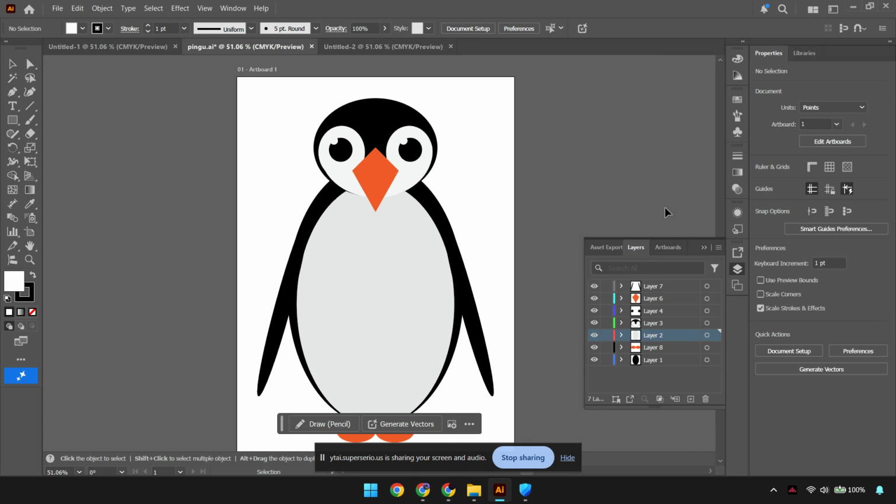Another thing that often triggers Error 8705 is when the active layer is different from the layer that contains your selected objects. In the Layers panel, the active layer is the one that is highlighted. Sometimes your objects are on one layer, but Illustrator is trying to run the script on another layer. To fix this, locate the layer that actually contains your selected objects and click on that layer to make it the active layer. This small change often resolves the error immediately, especially when using alignment scripts, automation tools, or custom